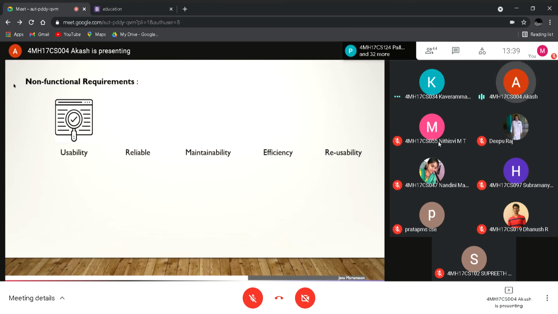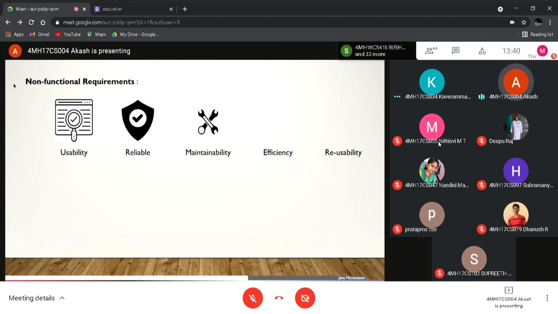As it is a browser-based application, it can be accessed worldwide, anywhere, and the education sector and students are the major users of this application. The next is reliability. Our model provides services according to user satisfaction and interest, and it is designed as per user requirements and is user friendly, so it can be classified as a reliable application.